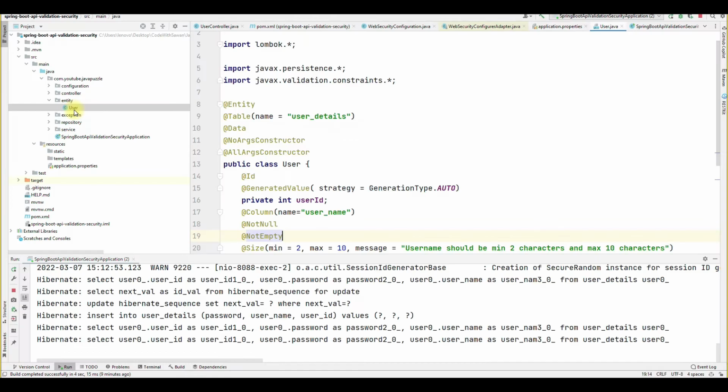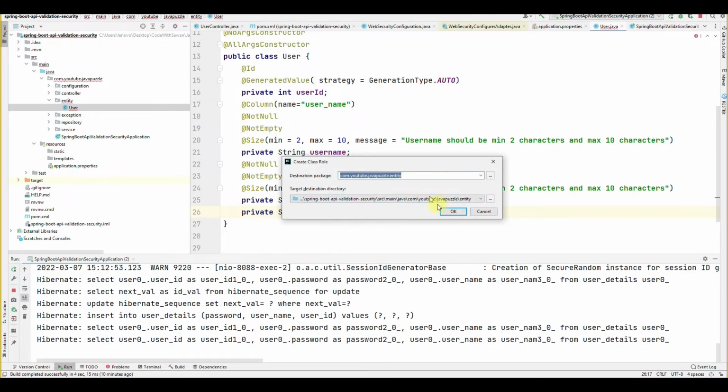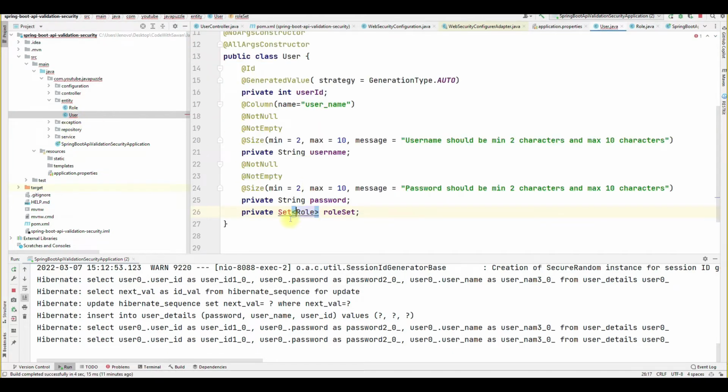Okay, in the entity we already added the user ID, username and password. Now we have to add the role also, because we are going to implement role based authorization. So let me add a role. Create a class inside the entity.